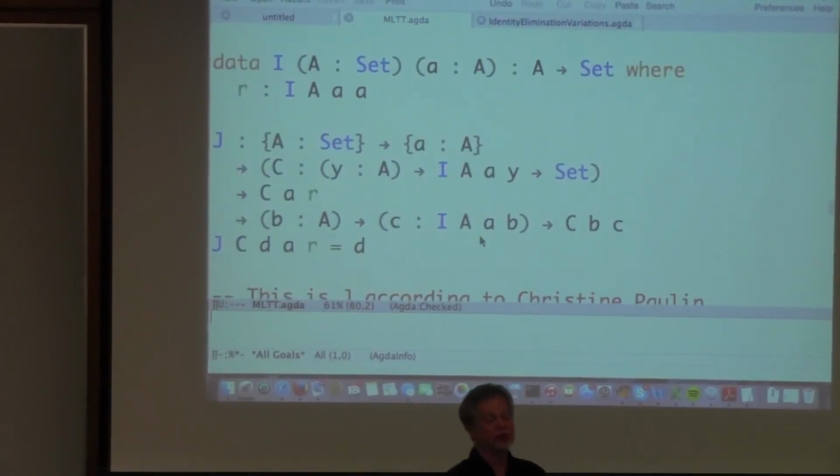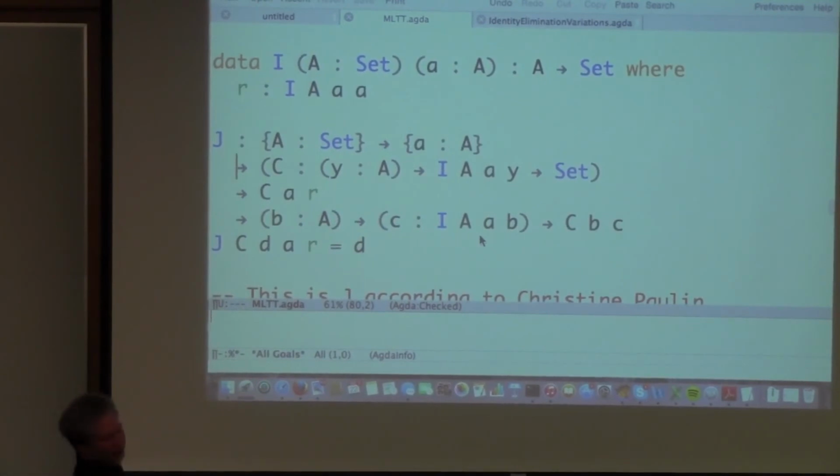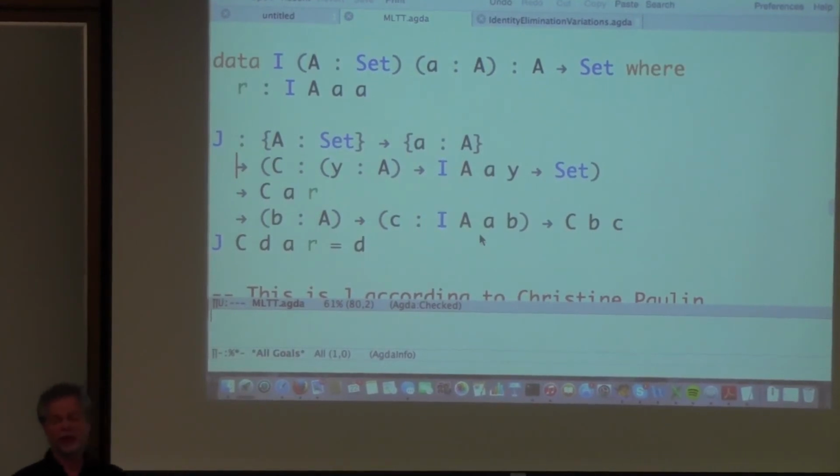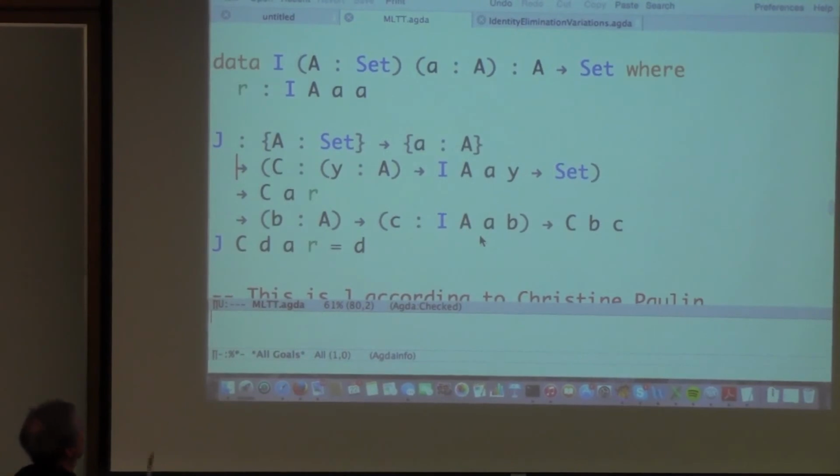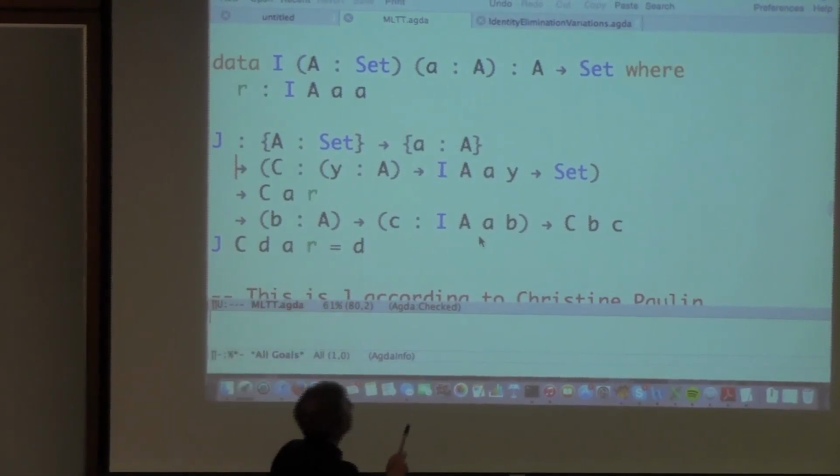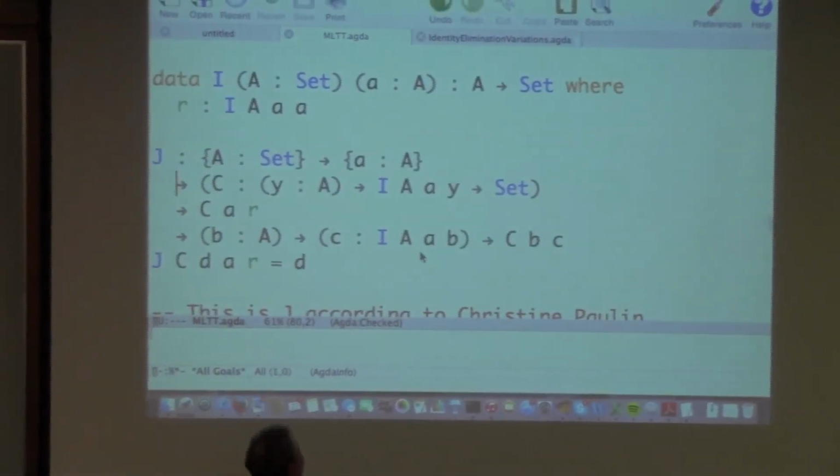this one. So this one was invented by Christine Paulin, who is one of the main people behind the Coq system, who realized, when they were working on the design of the calculus of inductive constructions, that there was an alternative definition of equality. When you fix one of the arguments,